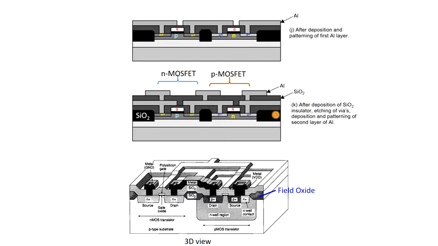You can also see the presence of field oxide here, that is quite thick compared to the thickness of this gate dielectric. You can also see how the drains are connected between this PMOS and NMOS, and the metal line will run over this field oxide.